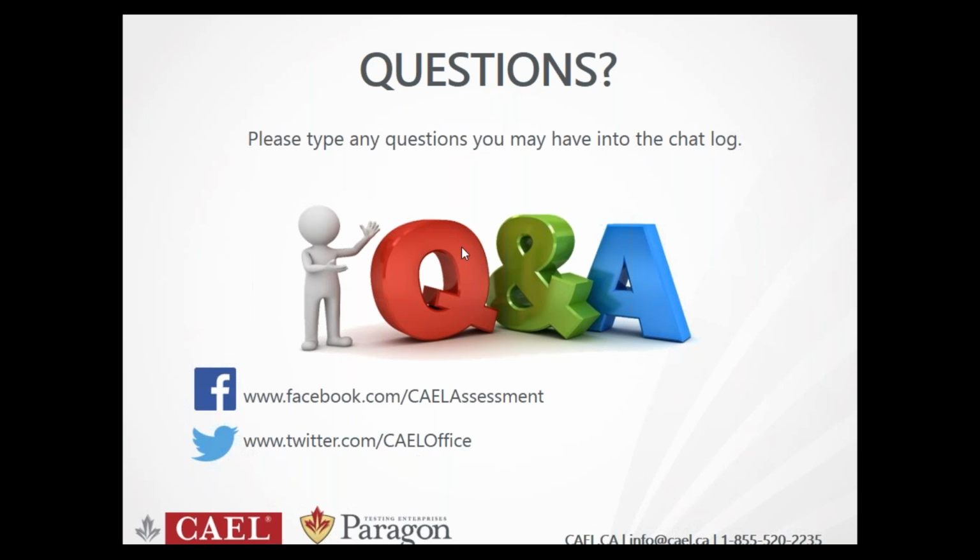Don's asking, the reading test, is the reading on the same screen during questions, or do I have to screen back and forth? So remember that the reading, the writing, and the listening sections are on paper, so they're not in front of a computer. We do have a computer edition, again, coming up in the near future. But for the reading section and the listening and the writing, it is all paper-based. So they are going to be on the same page as the questions.